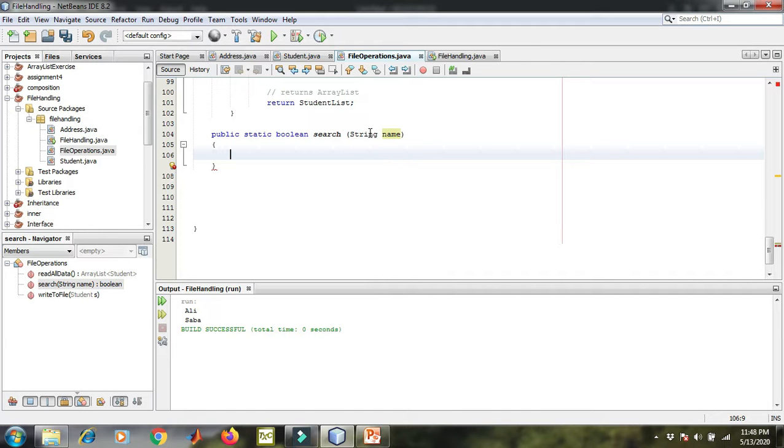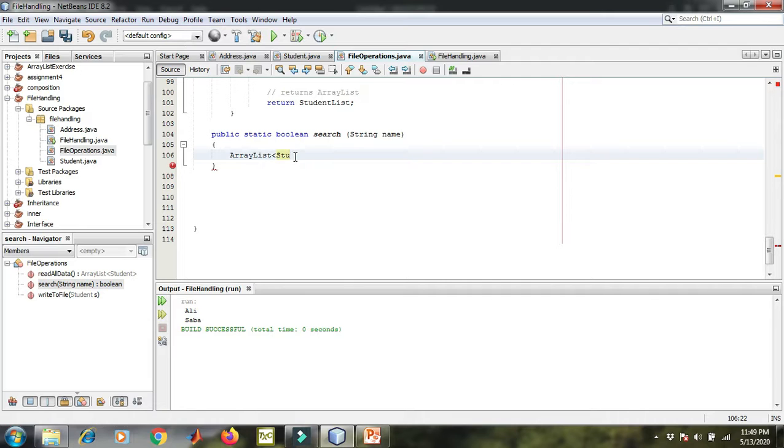One option is that I again open the stream, I basically establish a stream with the file, and I start reading records from the file, and I then see each record if it contains the name that is passed from the runner, and I will return true if it is found and false if it is not found. An easy approach is that I already have a function that is doing all this, and this function is present in my class, the read all data function. So why not reuse that function